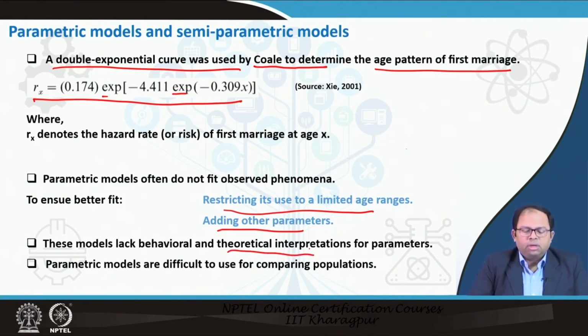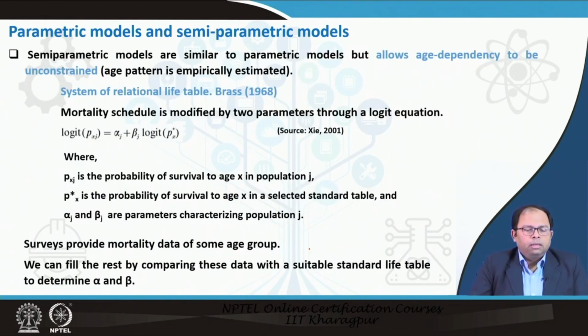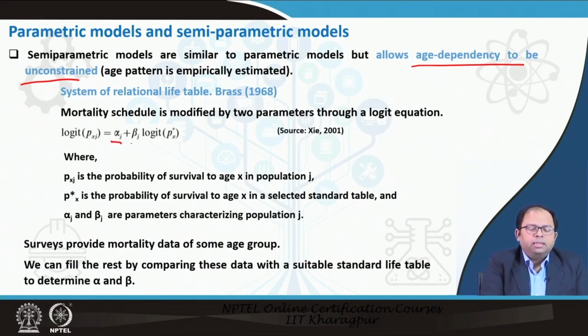And parametric models are also difficult when we compare two populations, because the parameter values A and B will change, as we are seeing in the previous equation, and that will make it difficult to compare between the two populations. So, in semi-parametric models, this is taken care of to a certain extent, where semi-parametric models are mostly similar to parametric models, but this allows age dependency to be unconstrained. That means the age pattern is empirically estimated. That means changes in the values of those parameters are estimated from